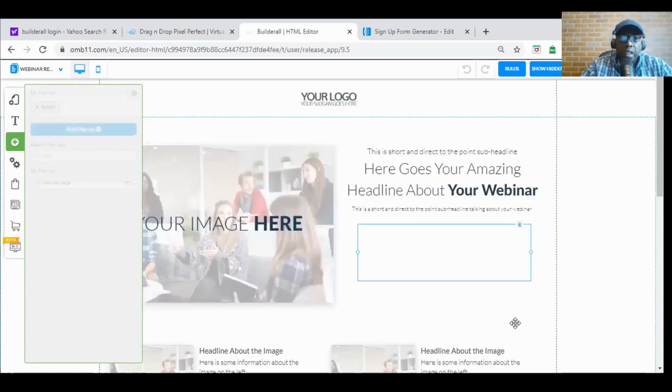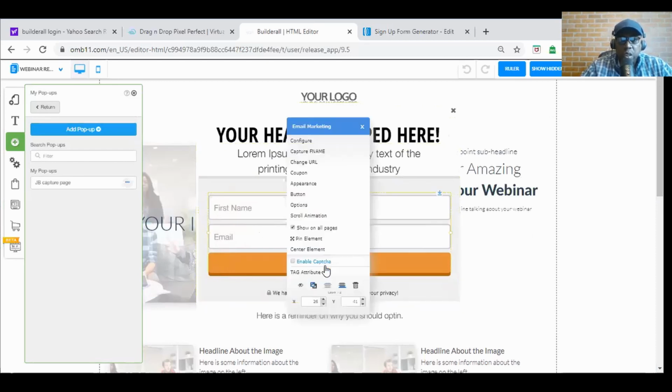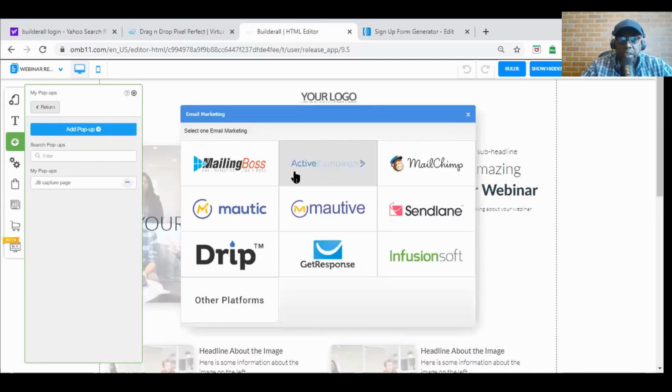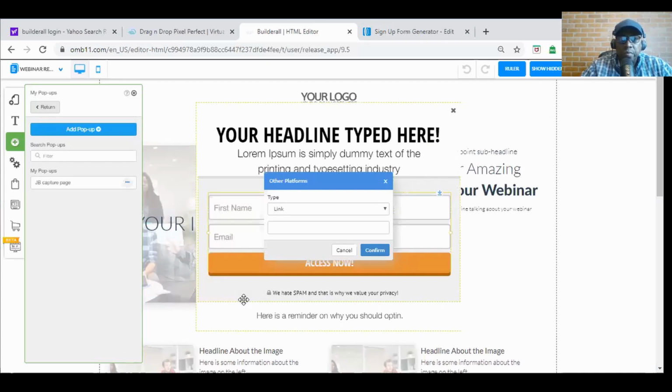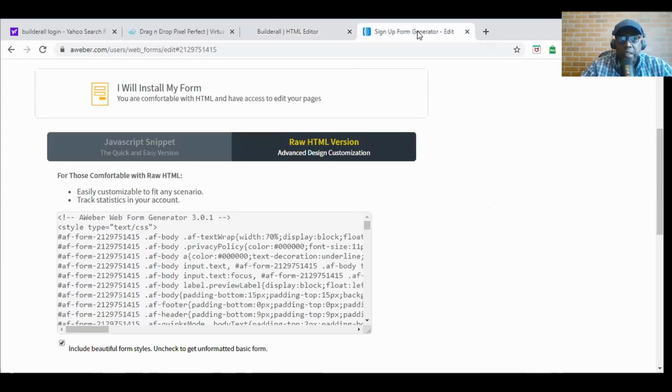Same thing. You put whatever information you want here. Same thing like before. Here goes your configuration button. You don't want link. You want the HTML. You're going to have to do the same process, guys, step by step. Get your capture,